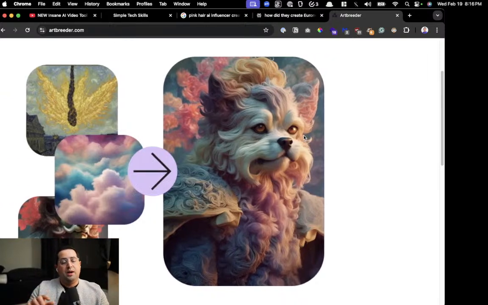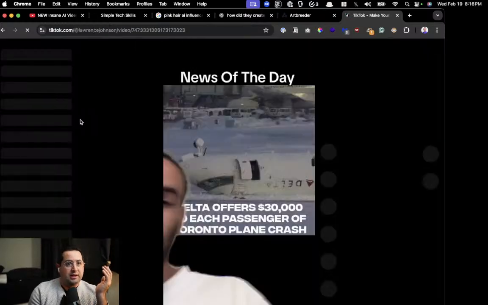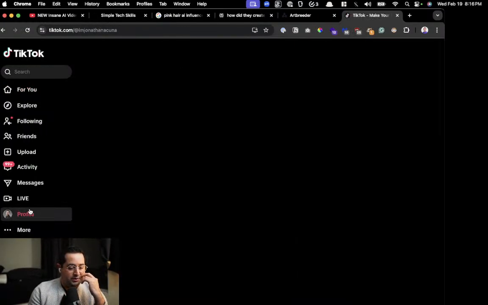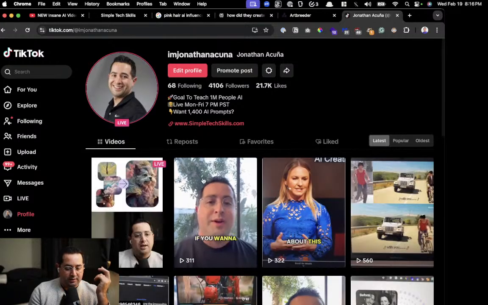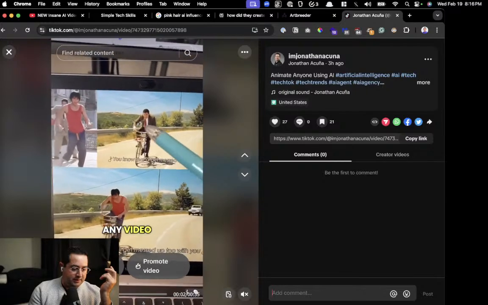This is a new function in image generators where now they're doing composites. This is wild. They take a character, an action, and a scene, and then it combines all of them to create a new video. I posted this video on TikTok today. This is so wild. That's why it helps to follow my channel, so you stay up to date with AI. Literally, this video is wild. Let me get the name of it though.